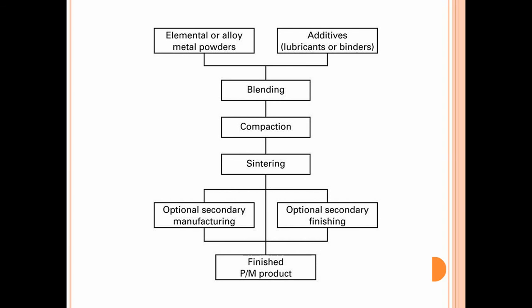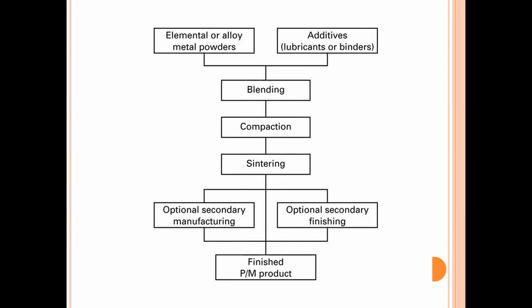So now, again, going through the summary of the powder metallurgy process. This process basically makes the powder of metal, then this powder is mixed with die lubricants, or it is mixed with different types of mixtures. The mixture is then passed through the compaction process. The compaction process can be either cold compaction or hot compaction. Then it is sintered. Sintered means it is heated at an elevated temperature. After that it can be used as a finished product, or it is subjected to some optional manufacturing steps.